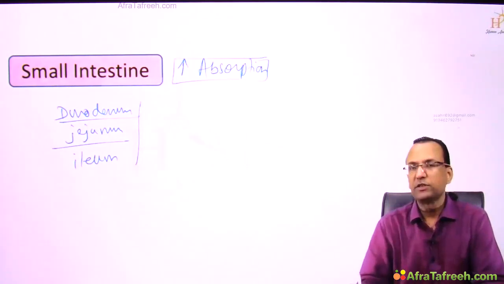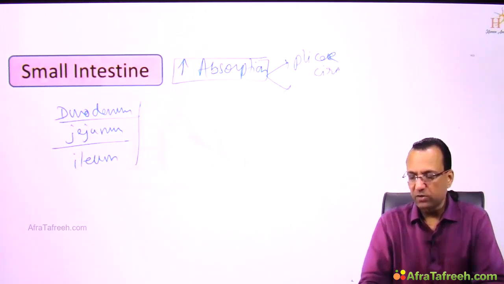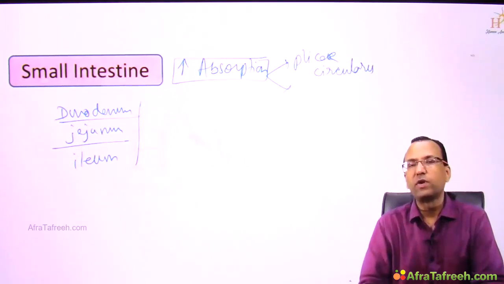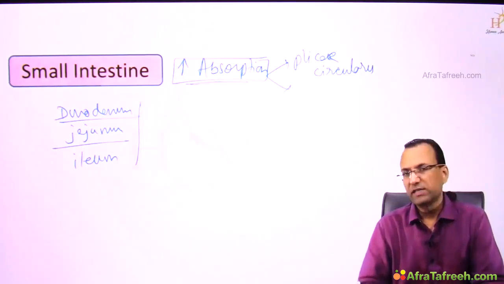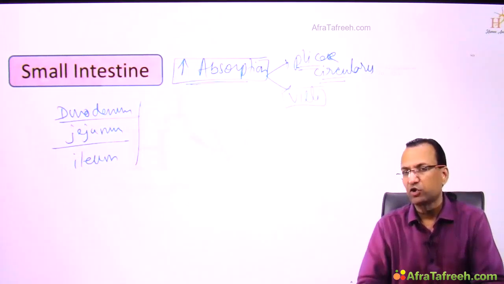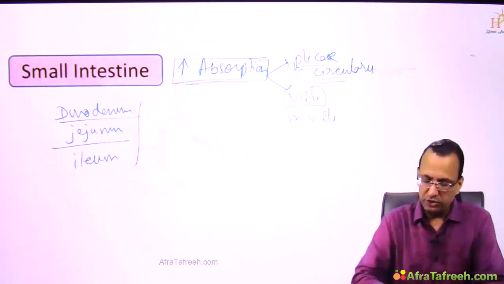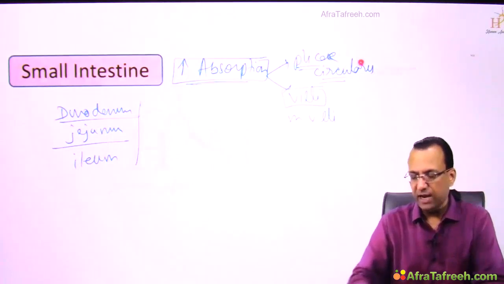To increase the absorption of the nutrients, you have some things like plicae circularis. And what is plicae circularis? They are some mucosal fold to increase the surface area for absorption. They also have villi, finger-like projections, and at the microscopic level, they have microvilli. So small intestine, may it be the duodenum, jejunum or ileum, they will have plicae circularis and they have villi,